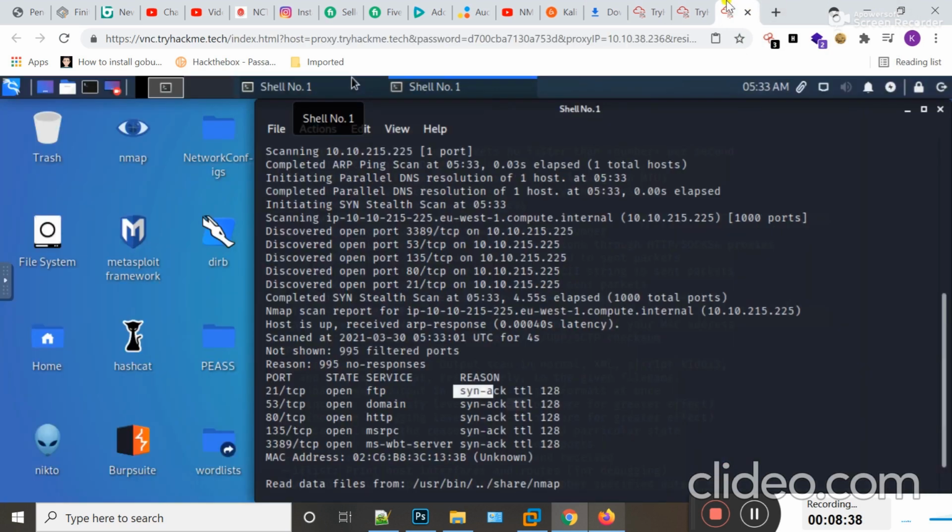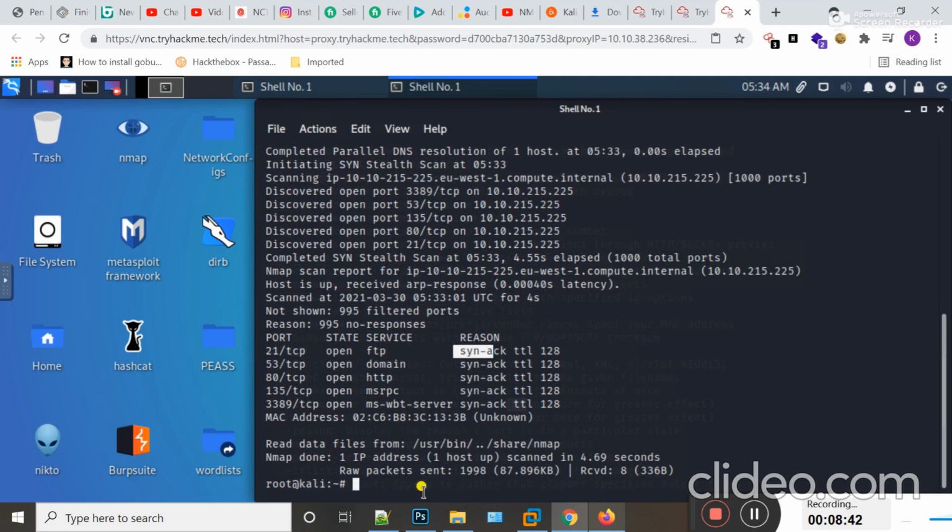Let's do it practically. If you want to save your Nmap scan result in three formats, that is text format, XML format, and grepable format, how could you perform this? I'm going to clear my screen first and hit enter.